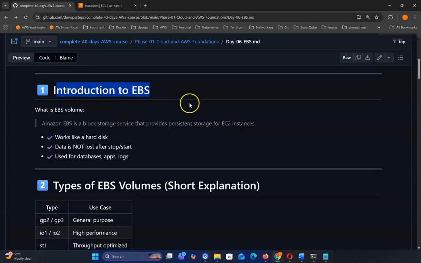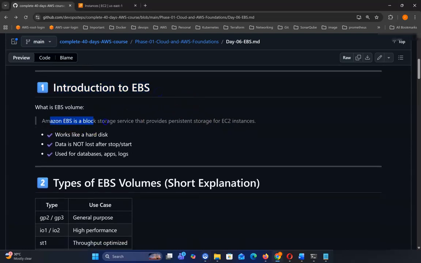So, introduction to EBS. What is EBS? Amazon EBS is a block storage service that provides persistent storage for EC2 instances. It works like a hard disk. Data is not lost after stopping or starting the EC2. Even if we delete the EC2, we can also persist our volume. We can see that in the hands-on demo, and it is used for databases, apps, and logs, to store everything